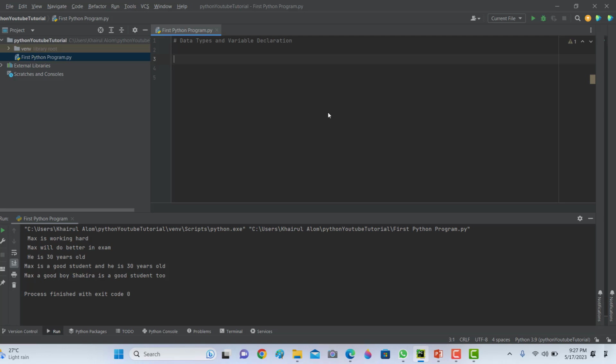In Python, there are a few types of data: integer, float, and complex data type, that is numerical data type. There are also Boolean data type, dictionary data type,